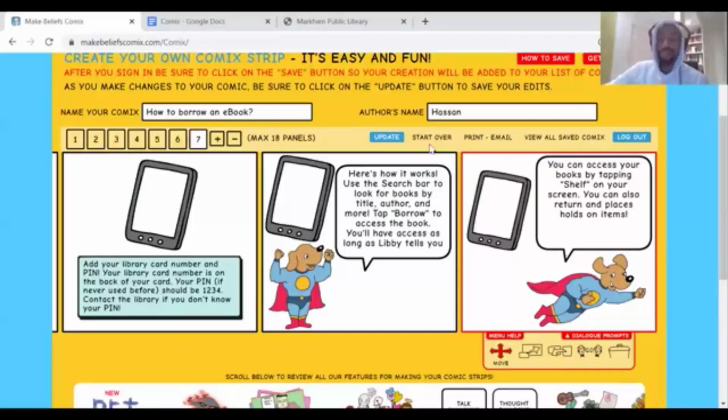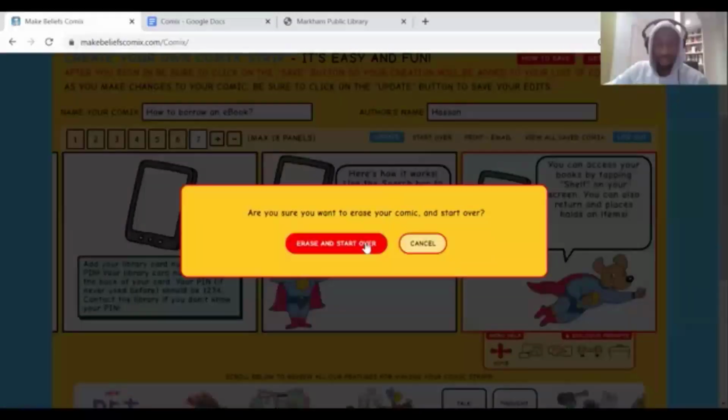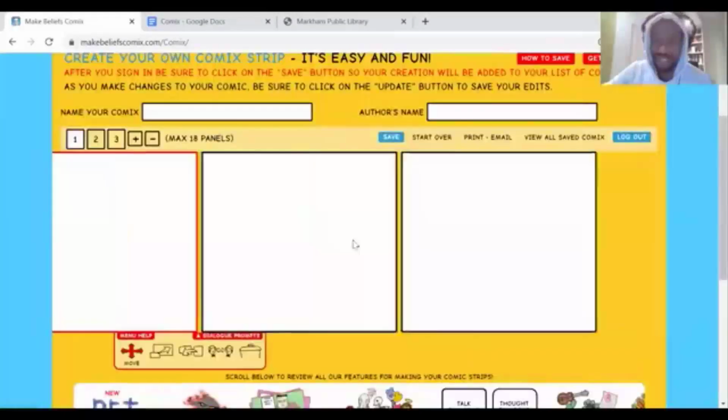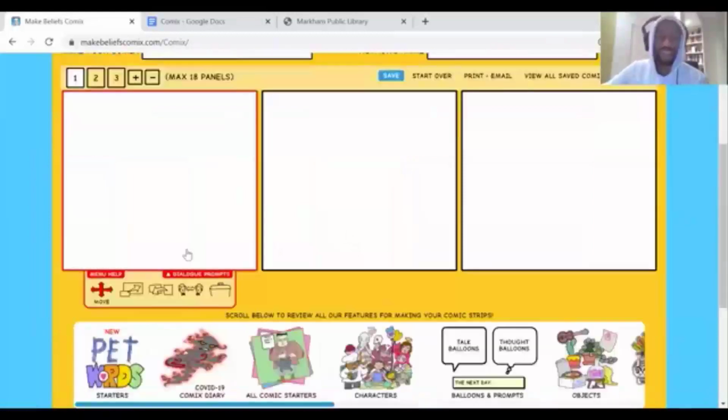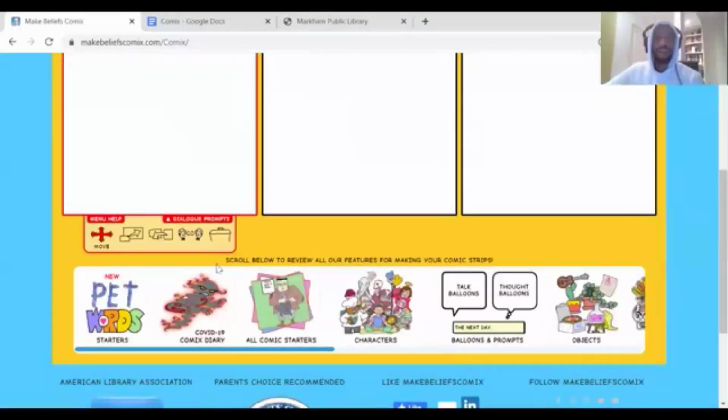But now that I've explained the format, I want to show everyone how to actually use the comic system. So I'm going to click start over. I'm going to erase and start over just to start a new one. I just wanted to show everyone what that looks like. Now, to actually manipulate